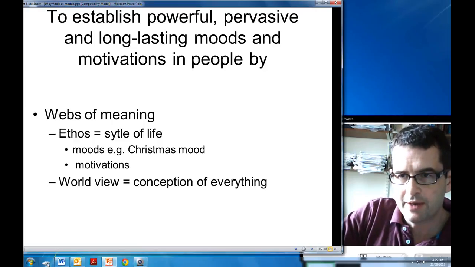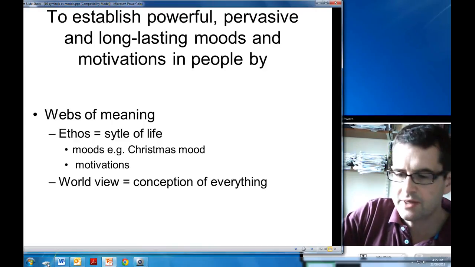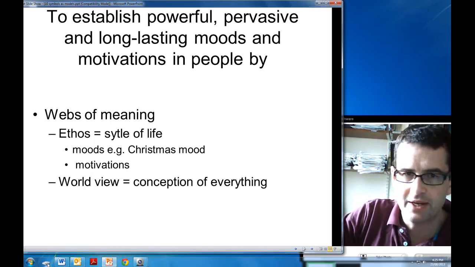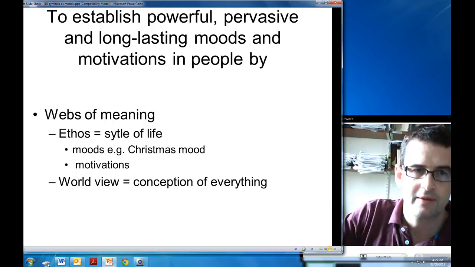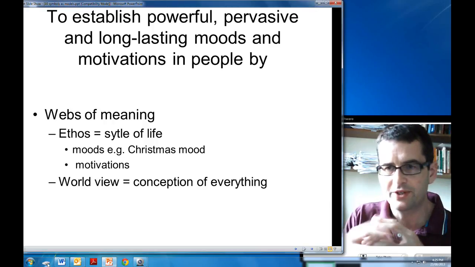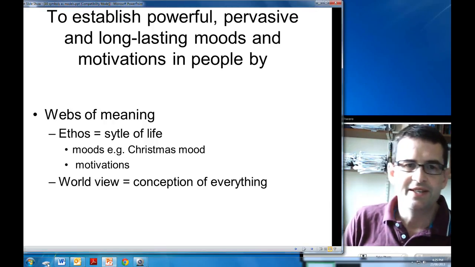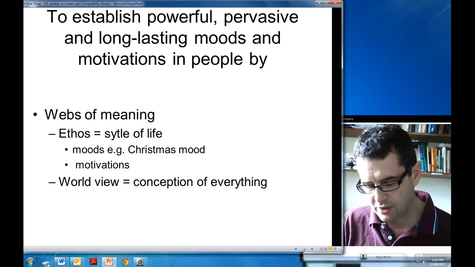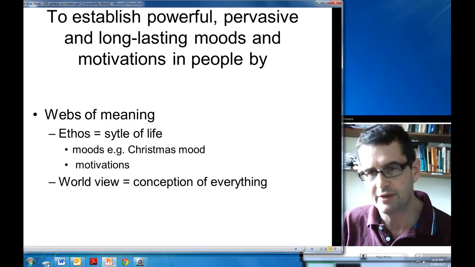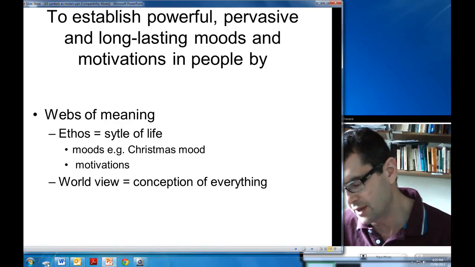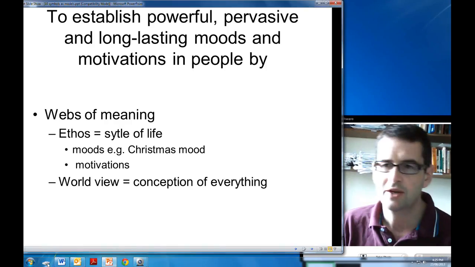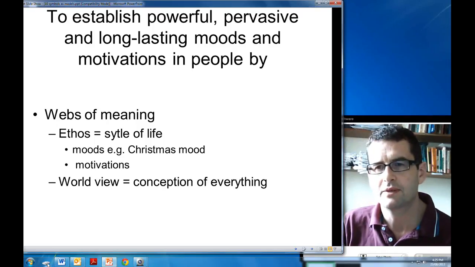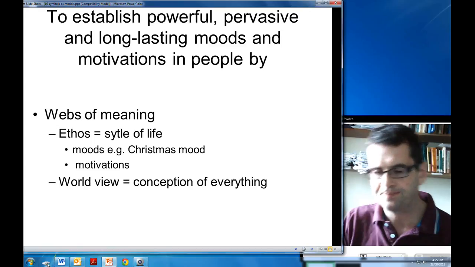There are moods, but there are also motivations. Christmas makes people go out in the West and cook a turkey. New Year's makes them go out and pop some champagne and kiss somebody. Easter makes them share eggs and chocolate. And that, of course, brings people closer and together. And these are tied into your worldview, your conception of everything. So the reason why we celebrate Easter, if you're a Christian, is that Christ was crucified on the cross. The reason why you celebrate Christmas is because Christ was born. I'll leave that there.